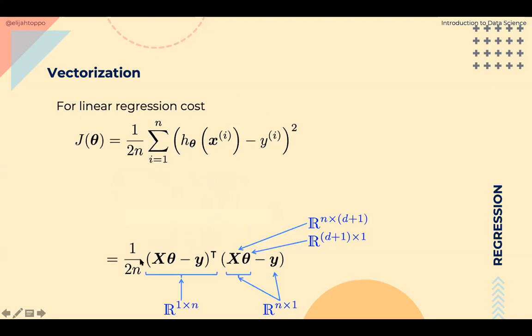Okay, so if I write our cost like this, X times theta, which basically evaluates all the inputs through this hypothesis function and gets our prediction for all these values. So capital X times theta represents all of our predictions. From all of our predictions, we subtract the known value of our target variable. Okay, and this gives us our error.